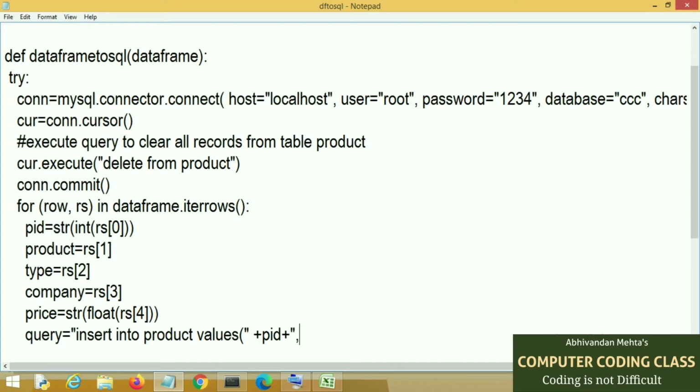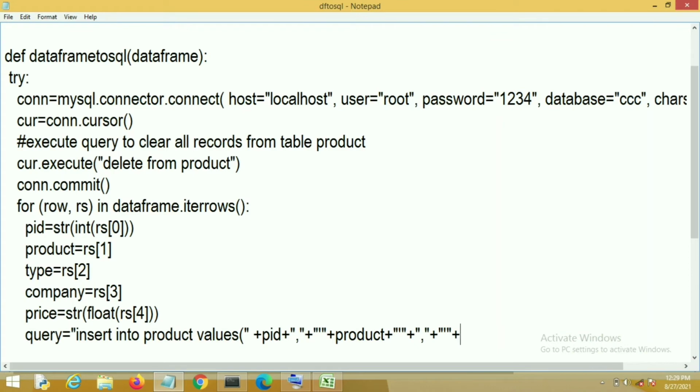Here if your column is numerical, then there is no need for any type of single quotes or double quotes. But if there is any string, then we will have to cover those fields in single or double quotes. Here you can see PID, that is the product ID, is a numerical value, so we didn't encode this field.